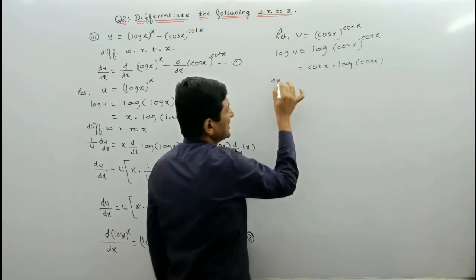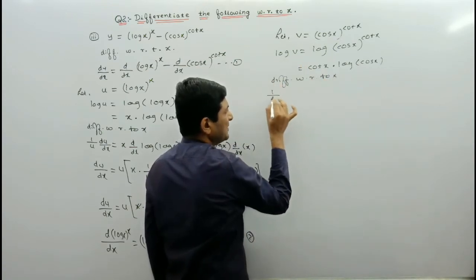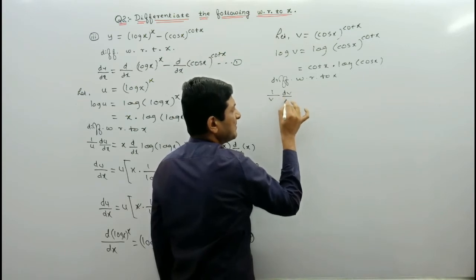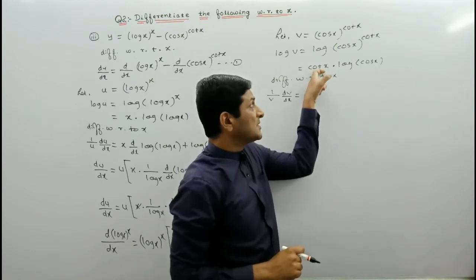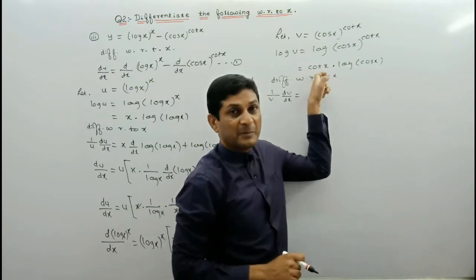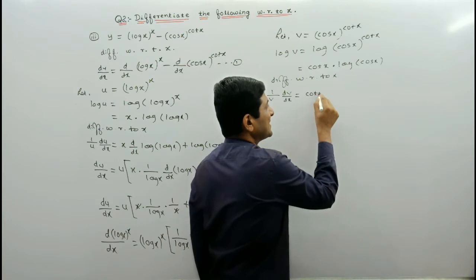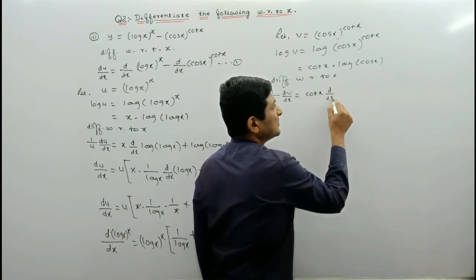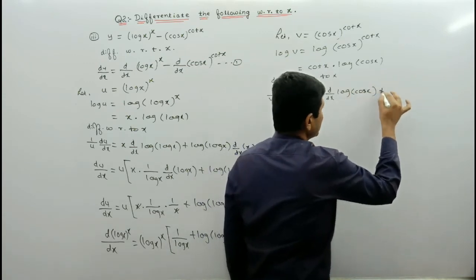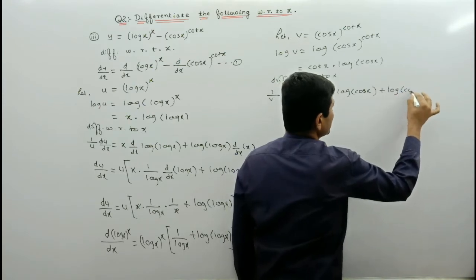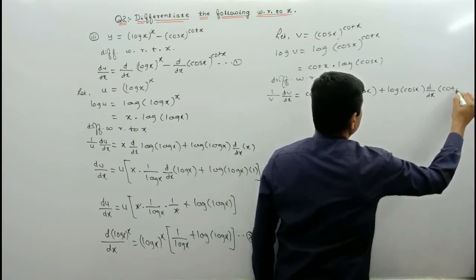So now we are differentiating it with respect to x. On this side derivative of log v will be 1 upon v into dv by dx, and to find out differentiation of this side we have to apply product rule. So this is our first function and this is our second function. According to product rule, keep the first term as it is, means cot x as it is, into derivative of second term, means derivative of log of cos x, plus second term as it is, means log of cos x as it is into derivative of first term. What is first term here? First term is nothing but cot x.